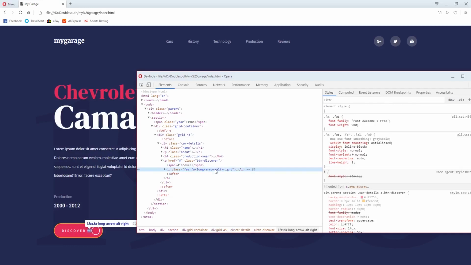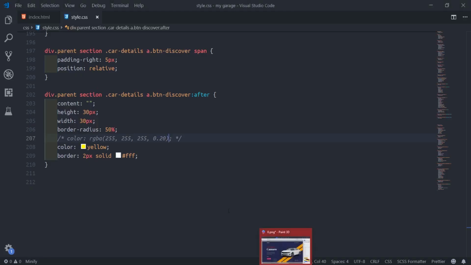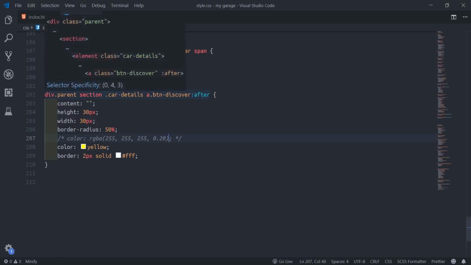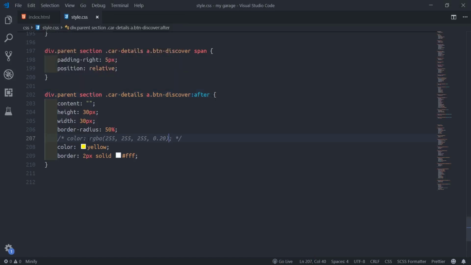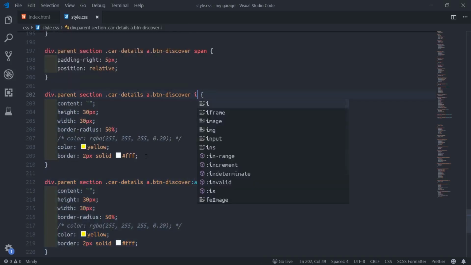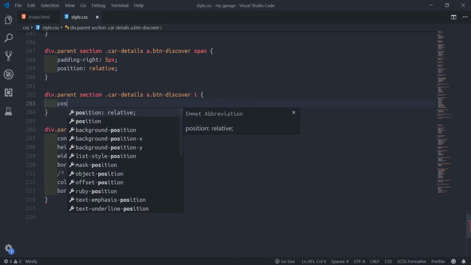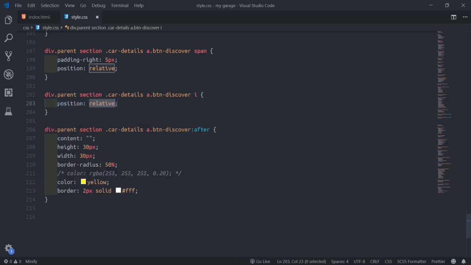We'll animate them, so if we give a position, we'll target this I. We're supposed to animate it and give a position of relative. So btn I, because we push it from left to right, we need to give a position relative so that we can utilize that.